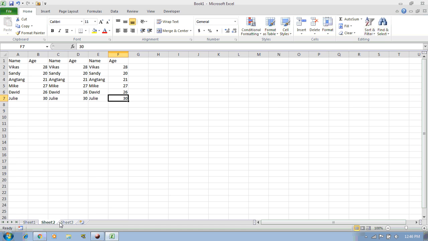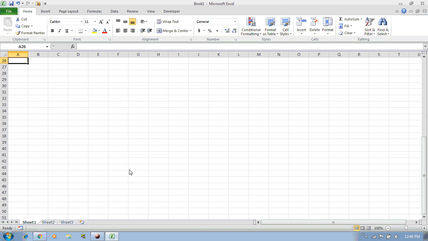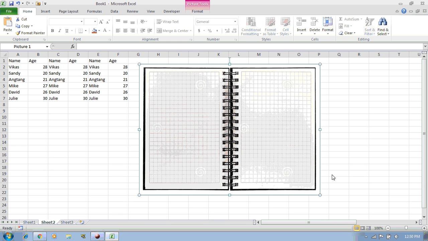So sheets are like the pages of the notebook which we used to use in our childhood. Now let me show you one example.